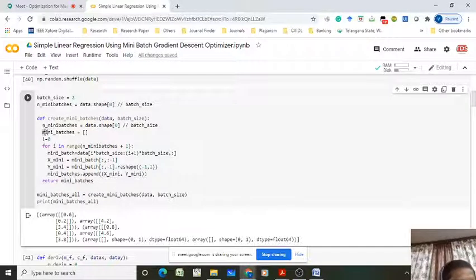You have to create mini batches as a null matrix, no information currently available. Later you have to update it with the mini batches.